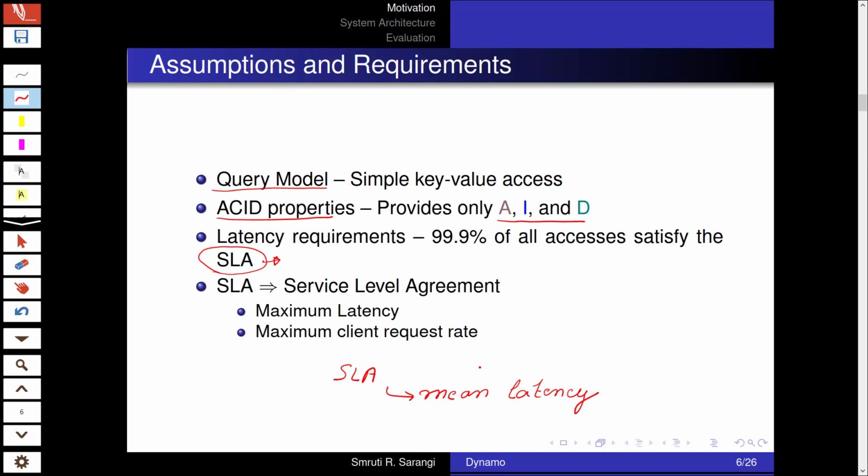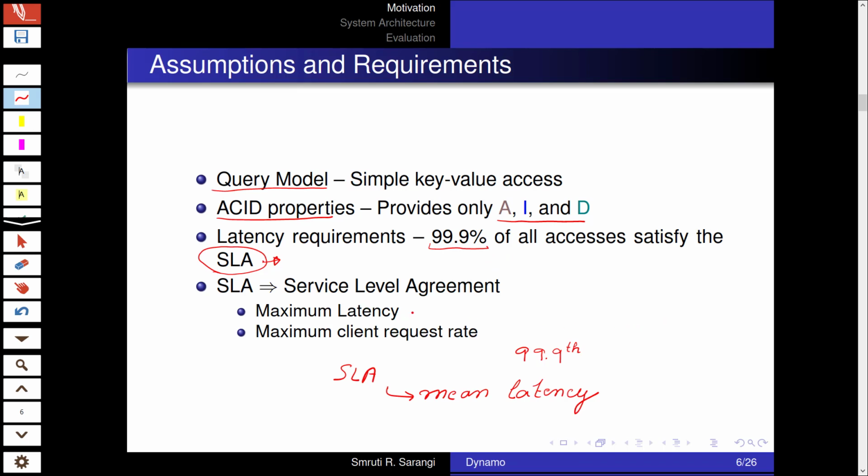So what Amazon went for, and very interesting reasons are given in the paper, is that they looked at the 99.9th percentile, which to them is important, which is 1 in 1000. 99.9% of all accesses have to satisfy the SLA.